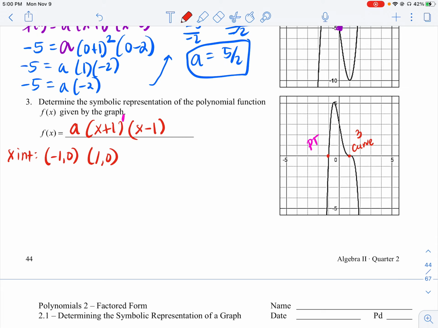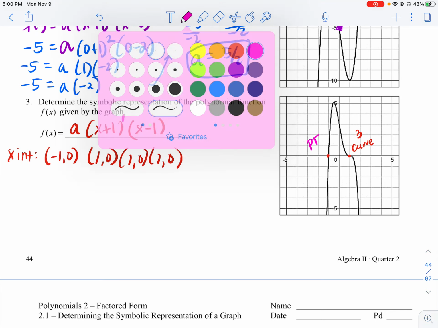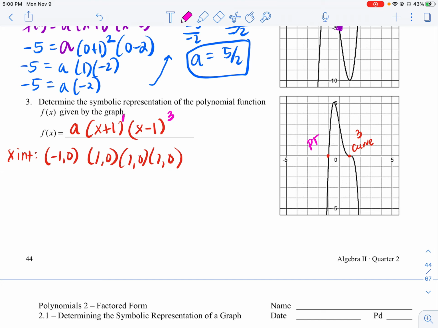And so there should be 3 of the 1 comma 0, because the curve in the point means that the point has been used 3 times. Because this one was used 3 times, I will put that wonderful 3 on top in there, indicating that the point was used thrice, indicating that there is a curve behavior in